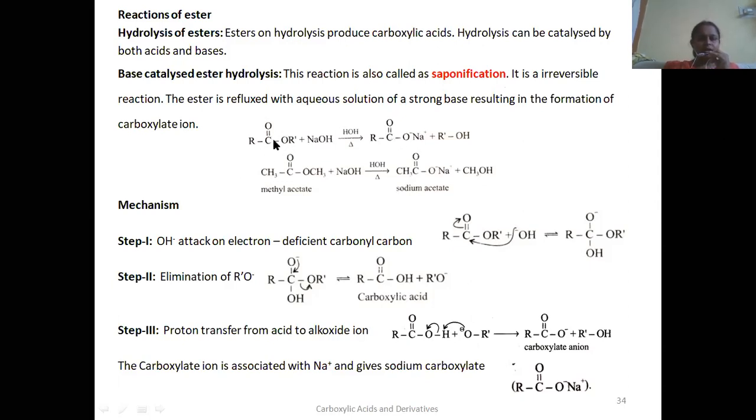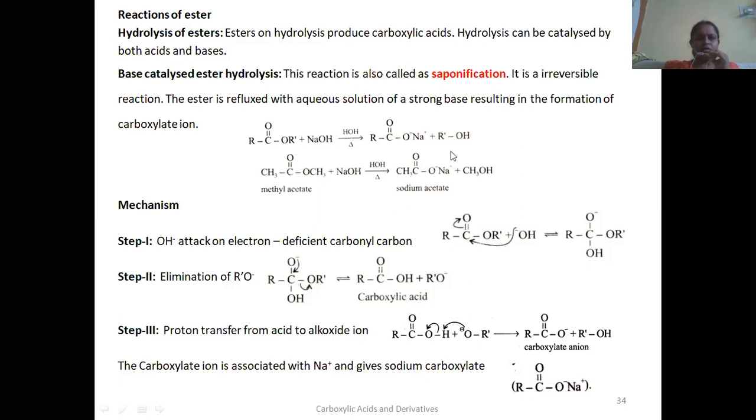Okay, let us see this reaction. Suppose this ester is taken here. When you do the hydrolysis, it means adding water, H2O. Water is added along with a small amount of NaOH, that is a catalytic amount of NaOH. This OR group is converted to O minus Na plus, sodium carboxylate is formed here. For example, here methyl acetate in the presence of base NaOH undergoes hydrolysis, forming sodium acetate, this is the acetate group, and methyl alcohol from here.